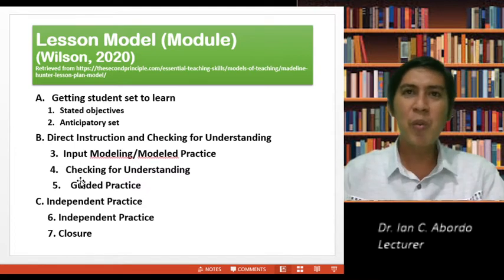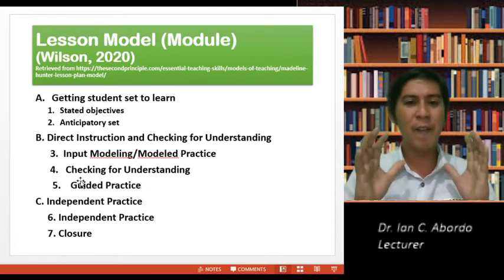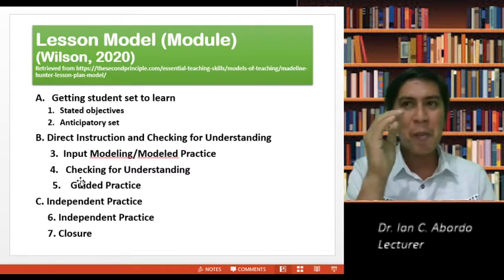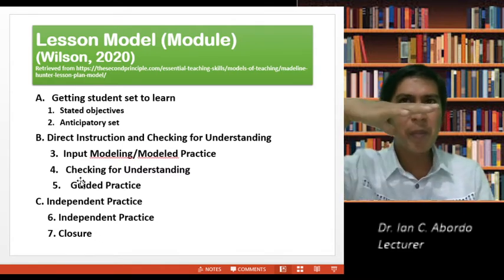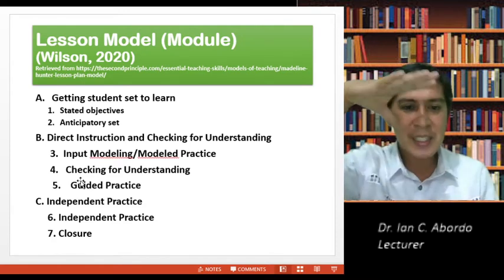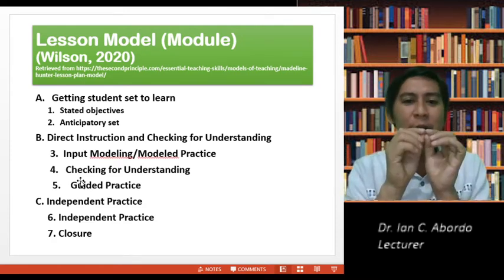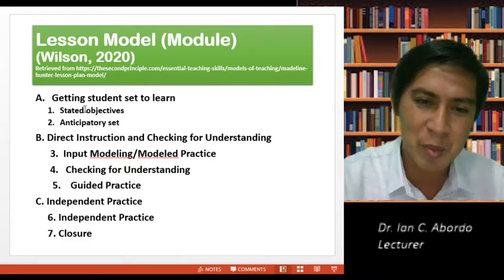So you can write a module where the headings will be the seven areas. Okay, in fact you can change the names if you like.